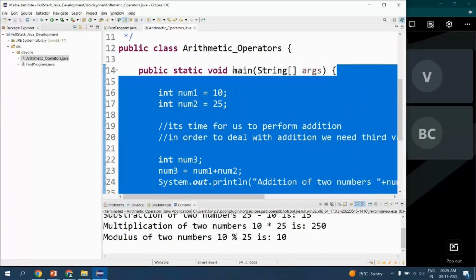When we commented out this main method, or changed it, we understood that we will not be getting any output if we write outside of the main method, or if we do not write the main method. So we are supposed to write a main method, and inside this main method only